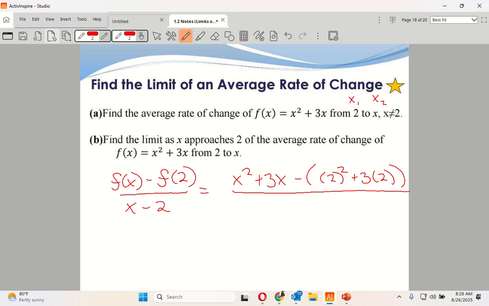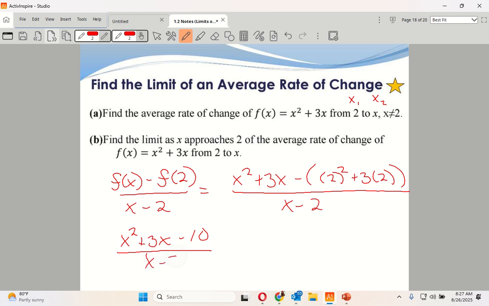I didn't confuse anyone, hopefully. All right, next one is going to be on the bottom, x minus 2. I'm going to do a little math over here. I get x squared plus 3x. Do the math, that's going to be 4 plus 6. 4 plus 6 is 10. So that's going to give me minus 10 all over